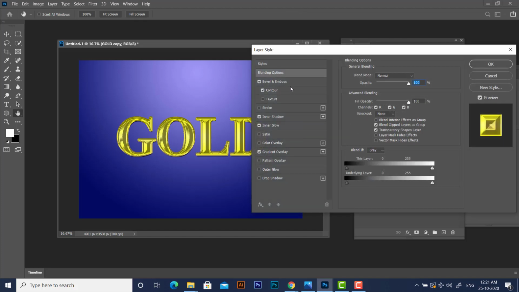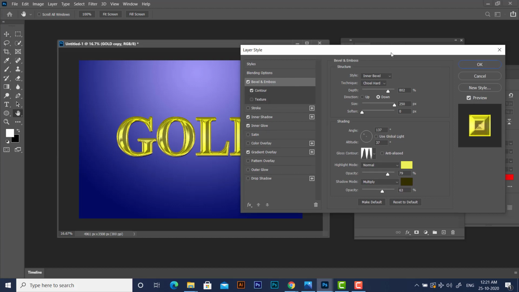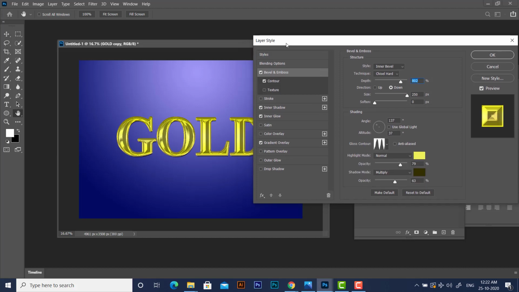In the bevel and emboss, the most important things are that we have to change the contour value, the angle, and also the technique as chisel hard. Just by using some of these common things, we can achieve a golden metallic look for the text. You can enhance the effect further by playing with these settings.